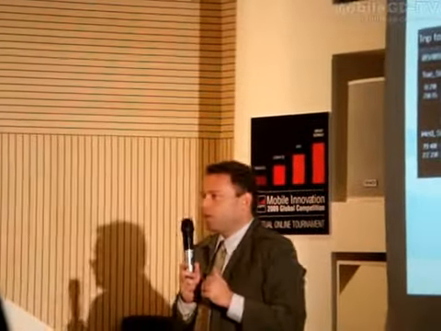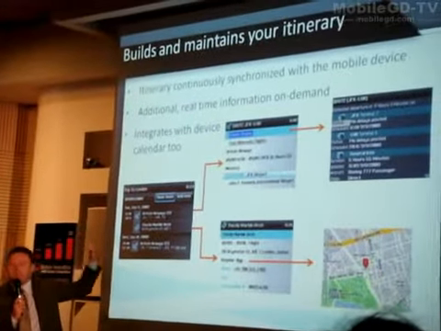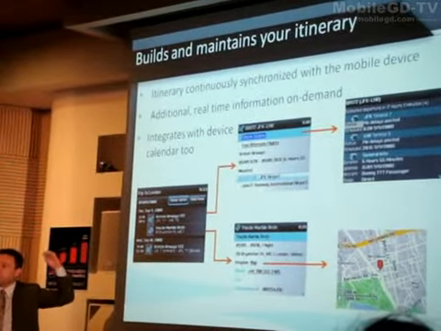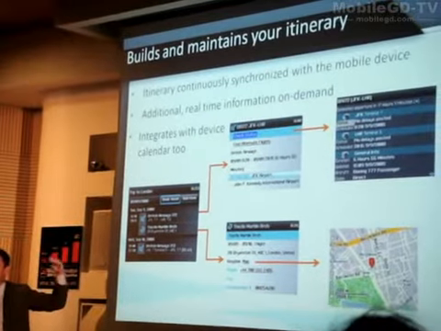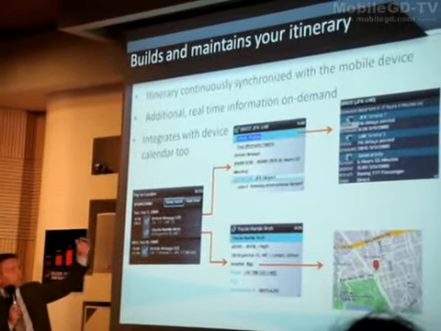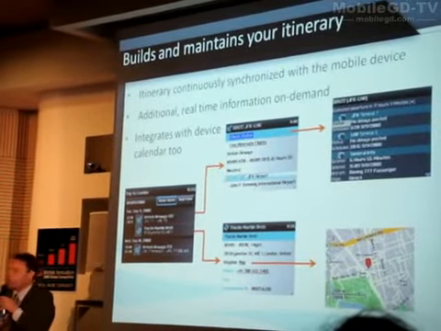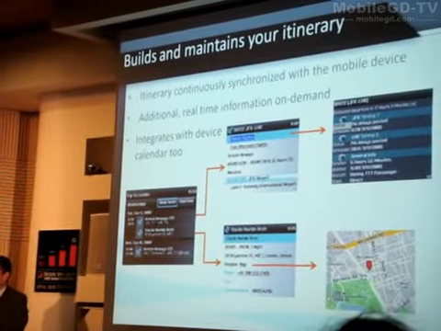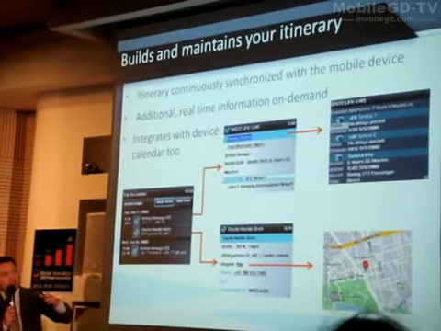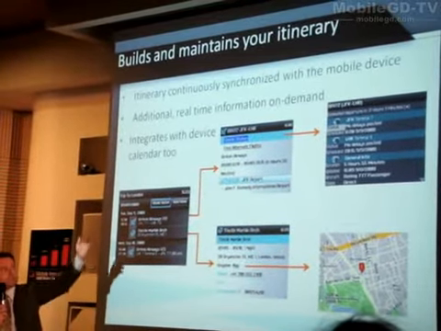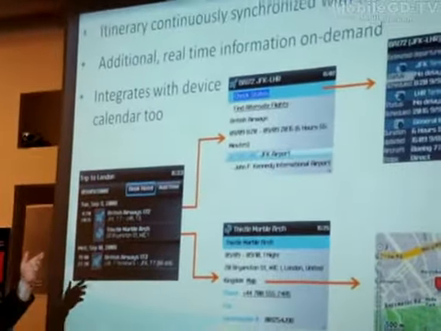WorldMate Live is a service that first of all begins with your context. And when you're traveling, your itinerary is your context. The service automatically builds and maintains your travel itinerary, including both your travel arrangements, flights, hotels, as well as your meetings. We put all that information together, put it on your mobile device, then let you access details. If it's a flight, it could be the flight details, and